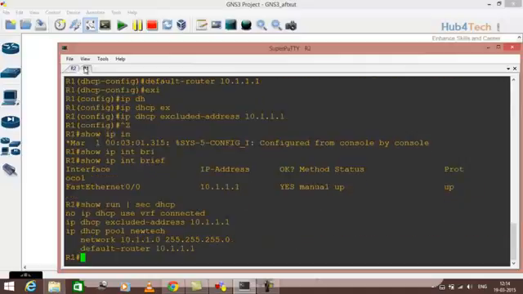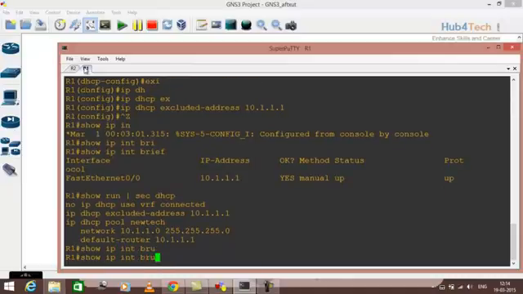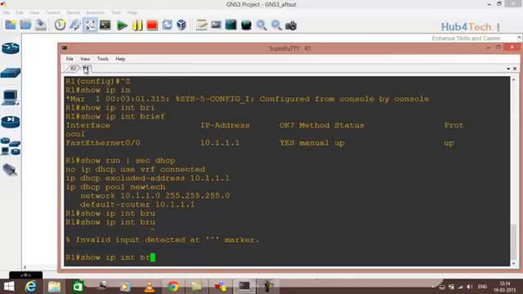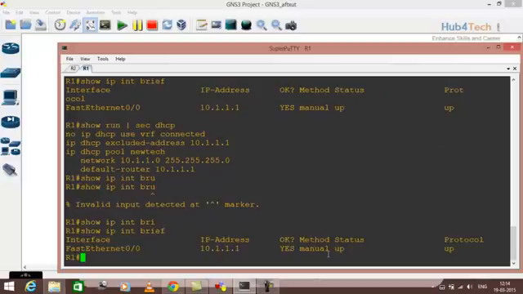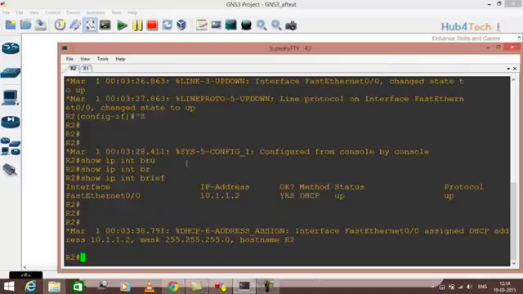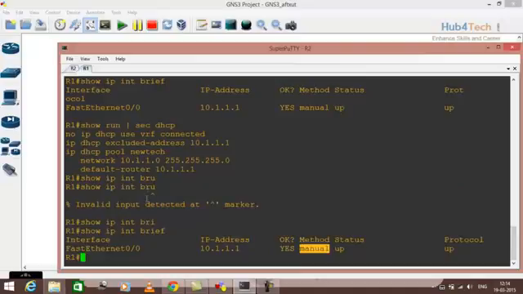Here if you go on R1 and type the command show ip interface brief, you can see here it's manual. So this is the difference. You can dynamically get the IP address by this. You don't need to configure a lot of commands. It's only 3 commands, which is ip dhcp pool. You have to create a pool. Then you have to assign the network which you want to provide, and then the default router,